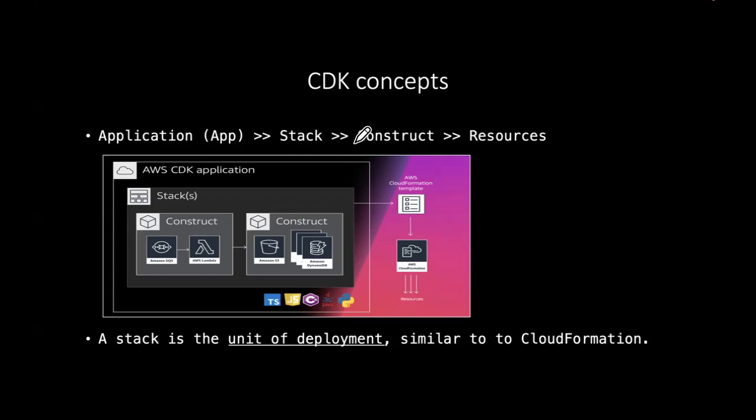A stack is comprised of what are called constructs. And a construct is comprised of resources. Resources are the lowest level of infrastructure that you might want to have created for you. So a resource is a term that we would use when we're talking about infrastructure down at the lowest level. A construct is really an abstraction of that. Construct really will materialize as a class, as we'll see. And then a stack is comprised of many constructs. So that's just the terminology that we use with the CDK.